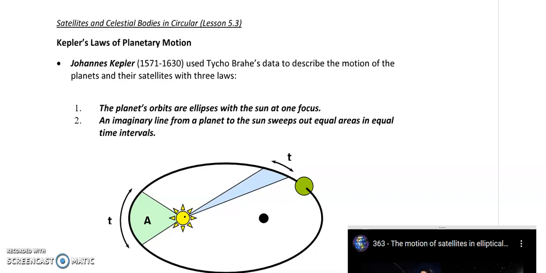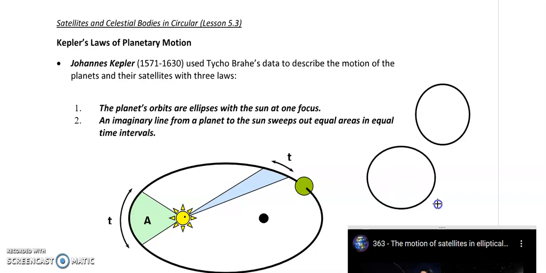First of all, what we're going to start off with is just realizing that while often we make the assumption that satellite orbits are circular, they are not in fact circular. They are in fact a lot more elliptical than we like to believe. Elliptical is kind of like an oval shape, and a lot of times we assume circular, but they are in fact oval. Now, this was discovered by Johannes Kepler, and he used somebody else's data to describe the